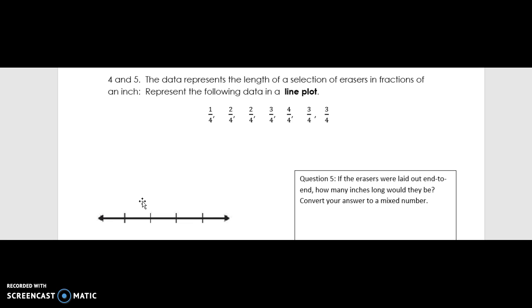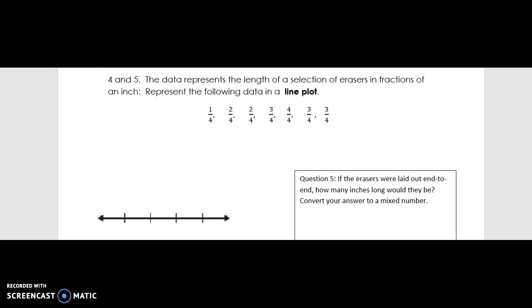Represent the following data in a line plot. So, your smallest number of data is going to go here. Your largest number of data is going to go here. I want you to try to plot these on the line plot, and you may click continue on the video